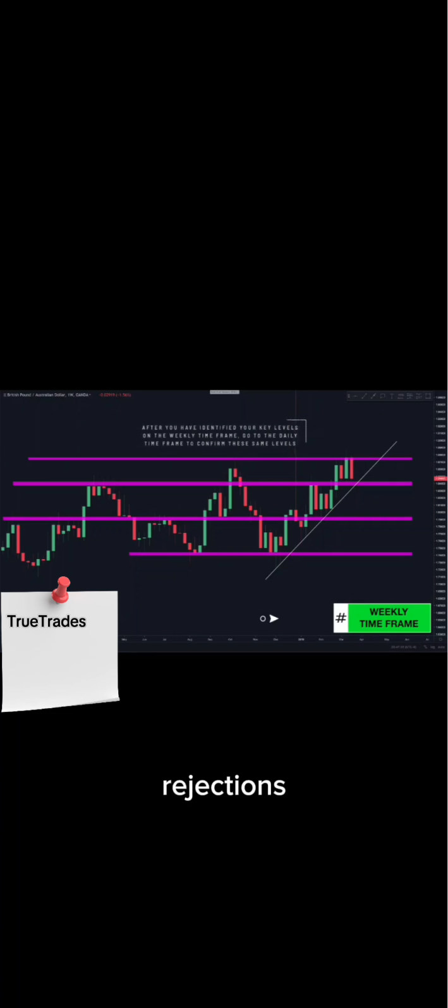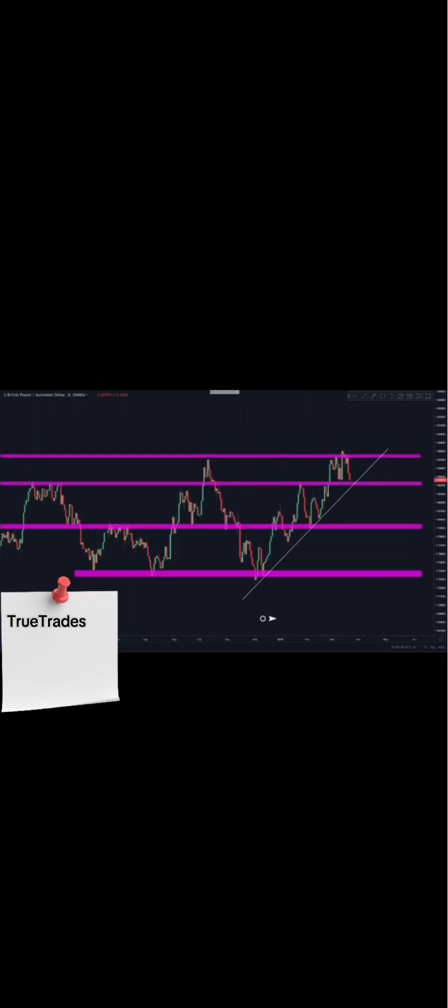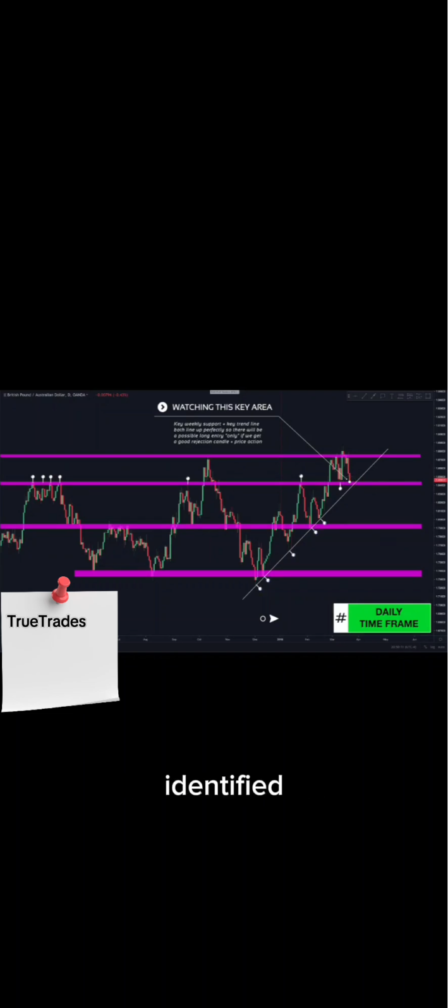Now that we have all our key levels identified on the weekly, let's jump to the daily time frame to confirm these levels. So here in the daily, you can again see how the key levels you drew in on the weekly fall into place on the daily, and leaving out all the minor levels so that you don't confuse yourself. Price is currently pulling back to this key weekly support level here, which is also where the trend line lines up perfectly. So if we get good price action through this candle close, followed by intraday confirmation, there will be a possible trade entry long.